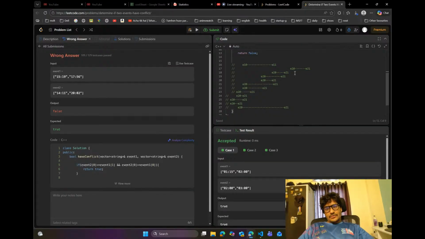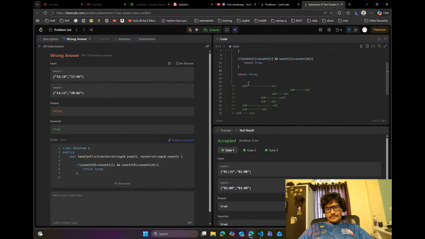Because both outside can be three cases. So if event 21 is less than,